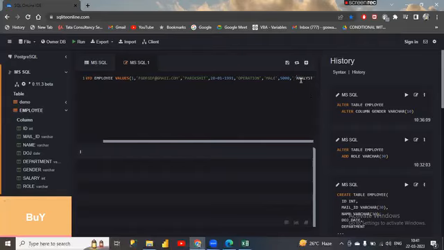Now if you are done with the role and all those things, you just need to close the bracket. So here you have 1 2 3 4 5 6 7 8 columns, and 1 2 3 4 5 6 7 8 values. On the basis of the columns you have followed this sequence, and on the basis of this sequence you have entered the data. Now, if you execute this,